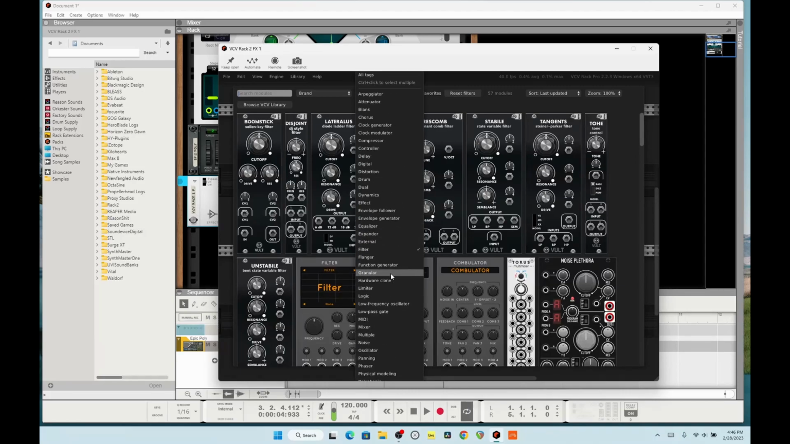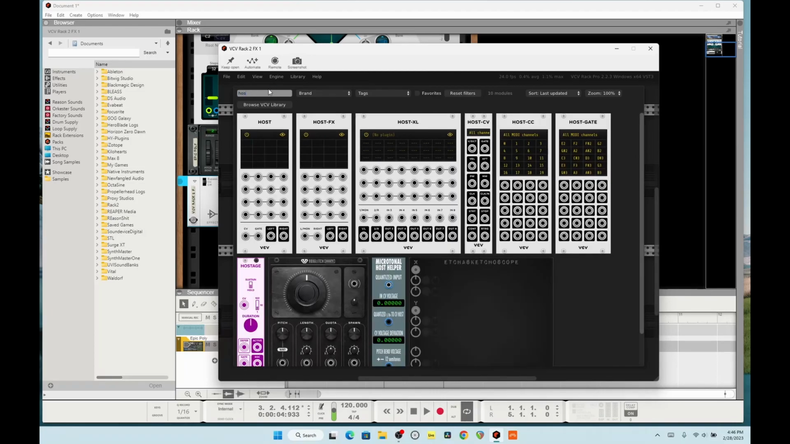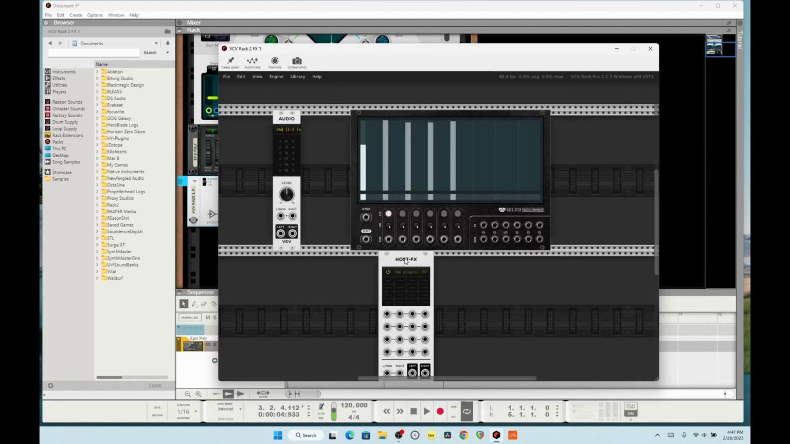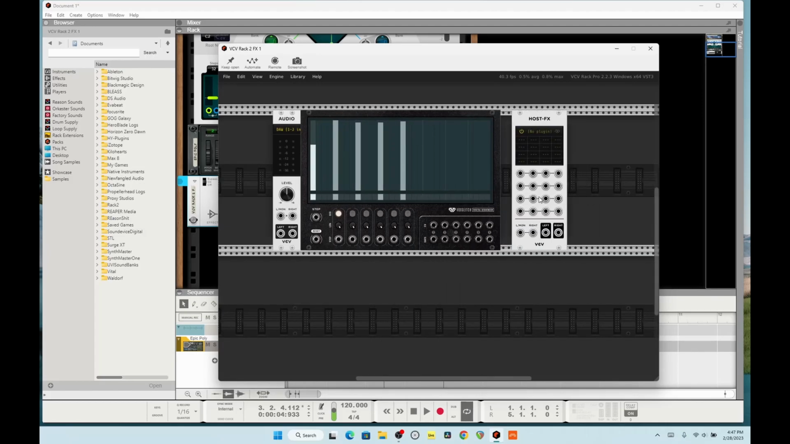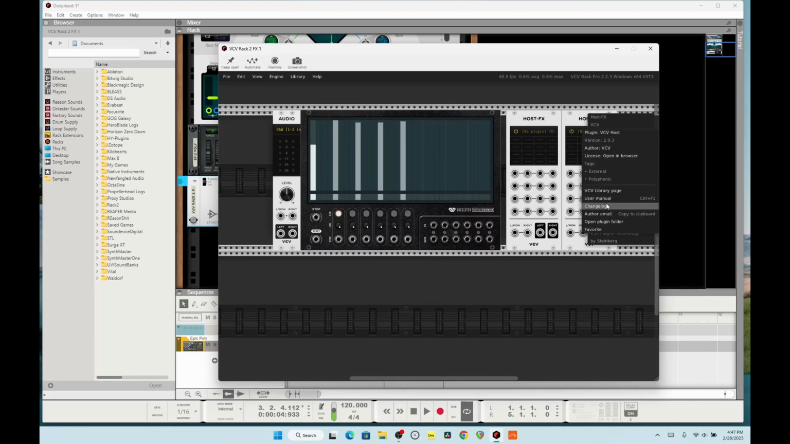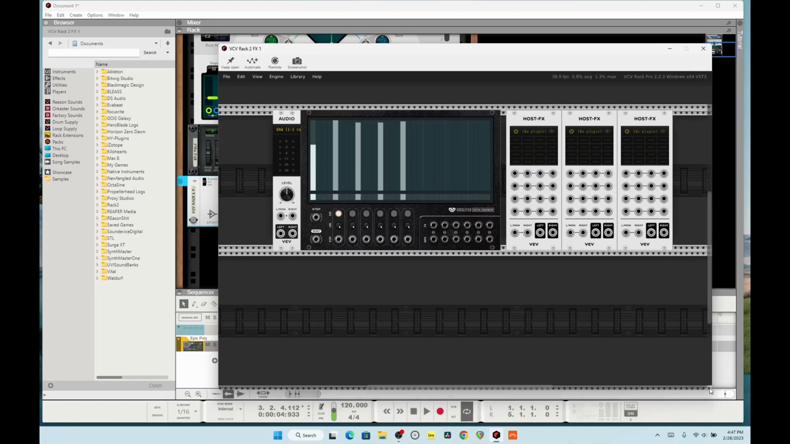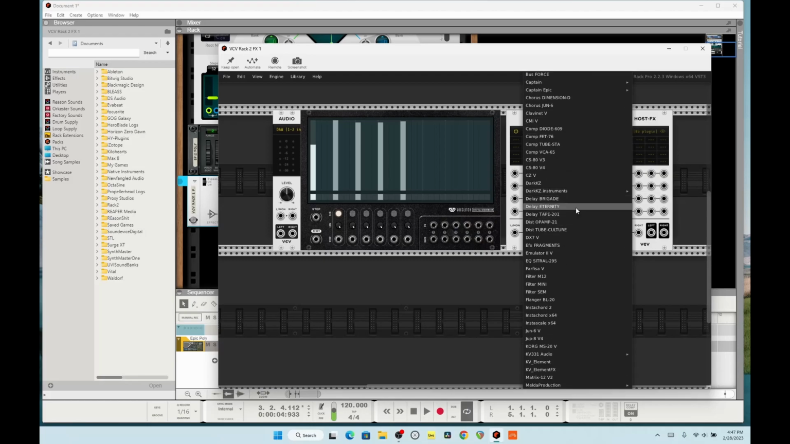But here I'm going to go back to tags, and then I want to use host again, and then effects, because host allows me to use VSTs. And we're actually going to use a couple of these. So I want to duplicate, let's use a delay from